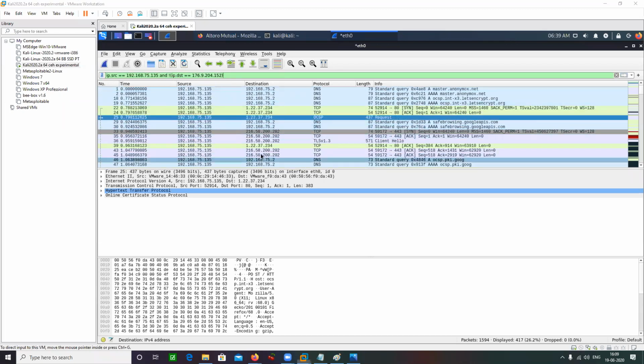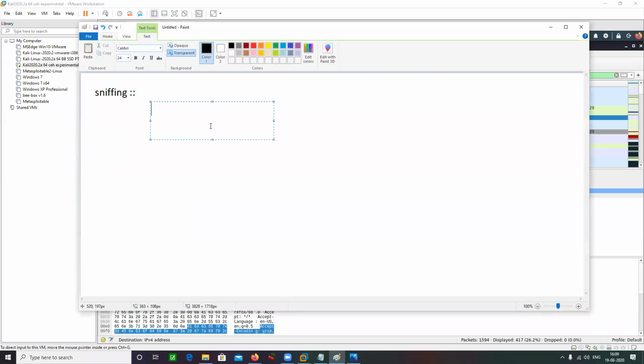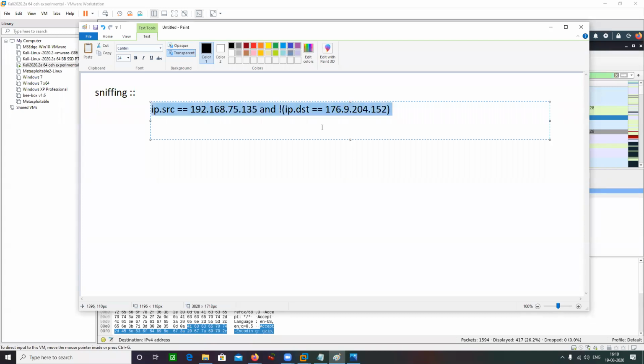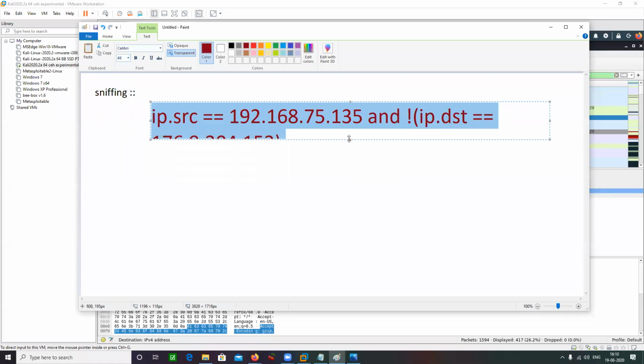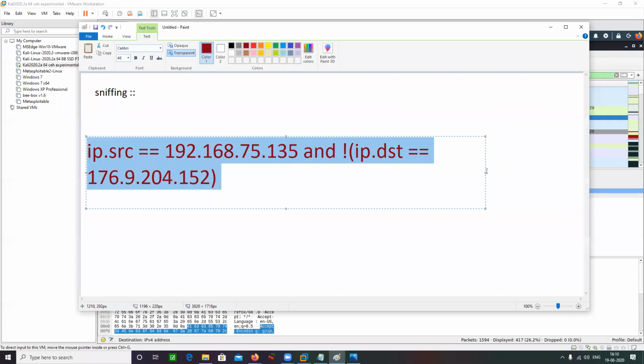So can anyone explain to me this filter that I have created here? This is the filter that I created. Tell me.